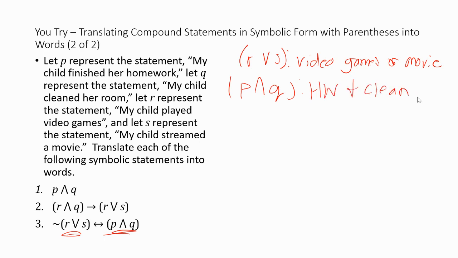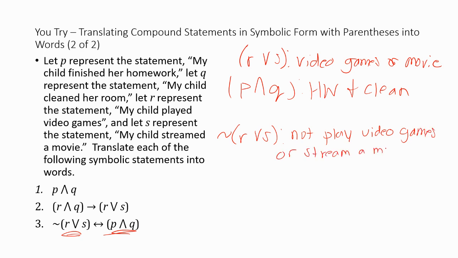Again, I'm just going shorthand here. We also see, though, that we have not in front of the R or S. So that would be, it is not the case that they can play video games or stream a movie. And then we have our qualifier, which in this case is the double-sided arrow. That's that if and only if. So this would be,